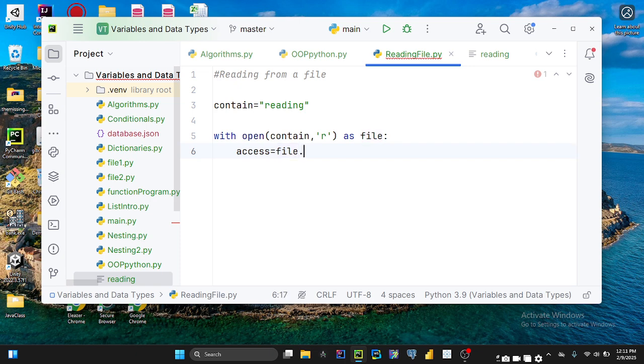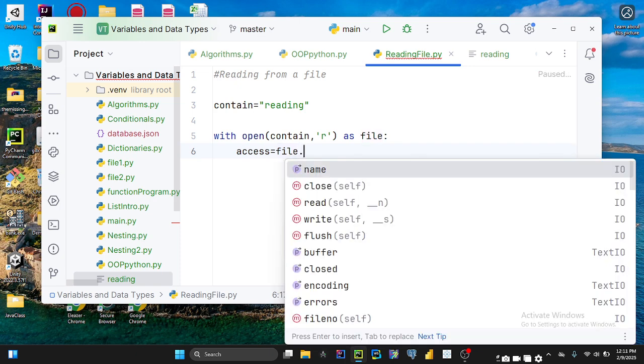Now, since file is now the alias representing my contain, which is my reading file, and we were told that when we use the with open command, we are implicitly referring to the file class in Python that allows us to access files, it is only sensible for us to know that since file is acting as an alias of my reading file, and I'm trying to access the content inside that reading file,